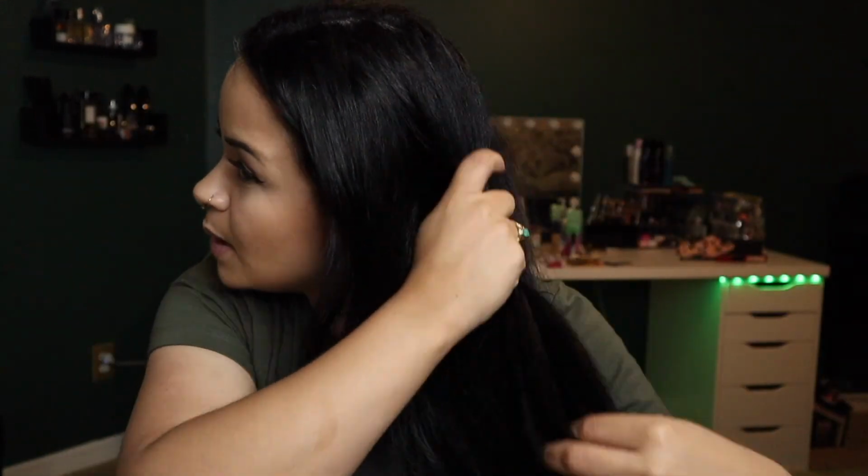I haven't put lashes on in over, I want to say, 2 years, and I'm really liking these new Ardell ones. They're nearly naked or nearly natural or something. I'm gonna go in with the bread hair oil. I love this stuff, and maybe it's just me, but